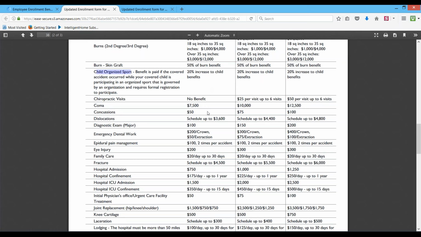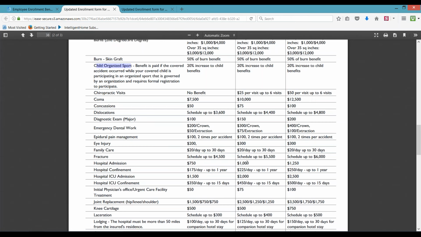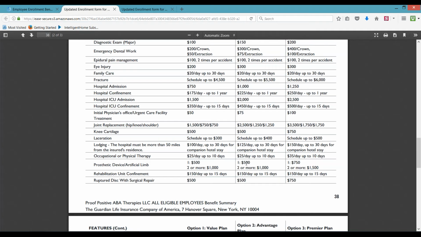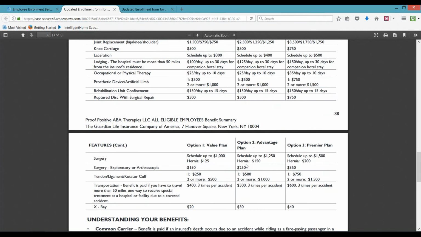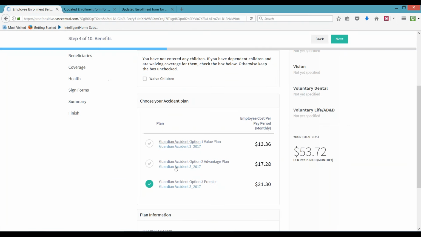And if they have to have some sort of joint replacement or surgery, you're going to have money for it down here. Depends what it is, hip, knee, shoulder, all these different things, right? Because some of those things can happen. And that's just the way this plan works. It's just there to pay you depending on what's going on. They will even pay you for x-rays that are done due to an accident. So just keep in mind, you're getting paid for different things, and don't forget to file your claim if you enroll in this plan. All right, so I'm going to jump back over here, back to the portal.